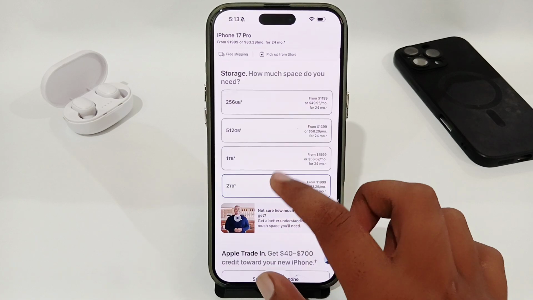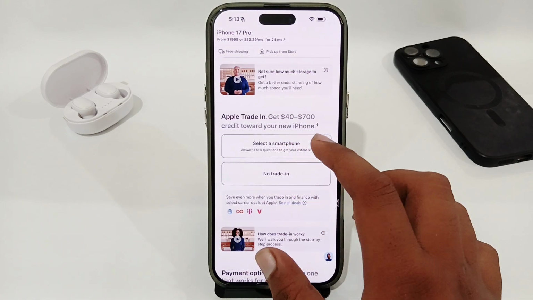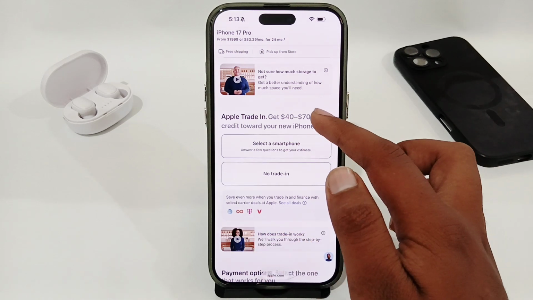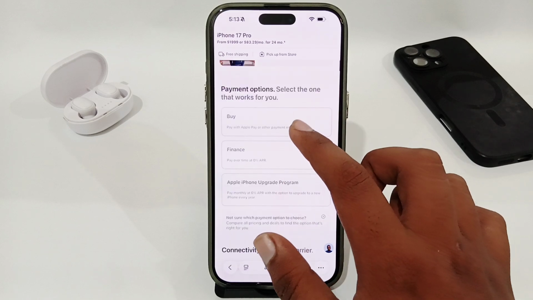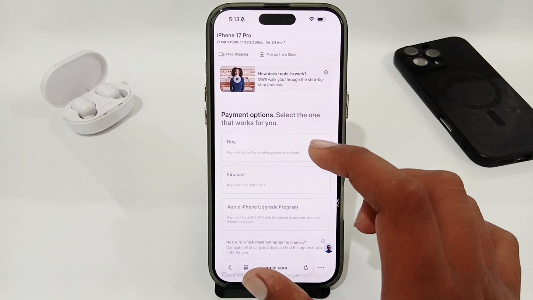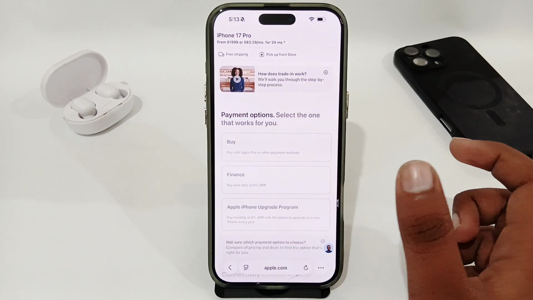So you just have to select which space you want, and here just scroll down and you can see there's the Apple Trade-in. You can see the price here. So you must select some option here. Here is your buy or finance option. So you must select and add your credit card or debit card here. So in this way you can easily pre-order your iPhone 17